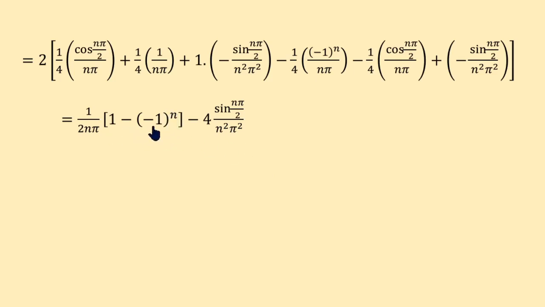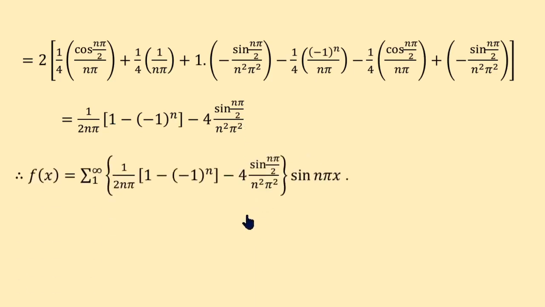for the even integer becomes plus 1. 1 minus 1 is 0. This part is 0. And for even integer, it becomes sin of some k pi, that is 0. Therefore for even integer bn is 0, and hence f of x is, just substitute this bn value, summation bn sin n pi x, and when we